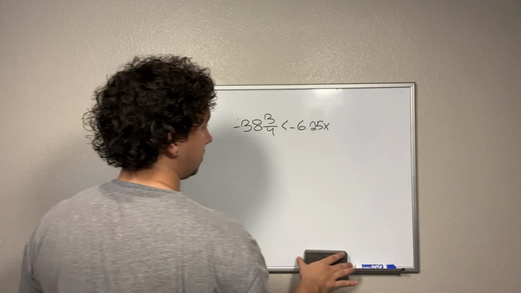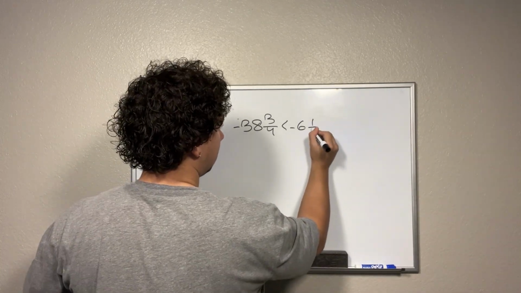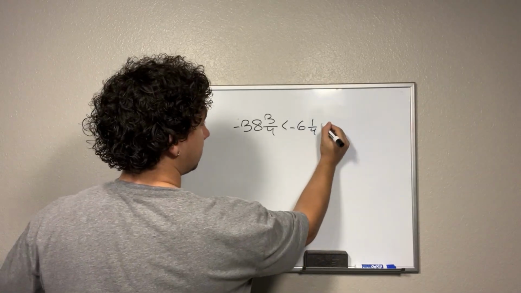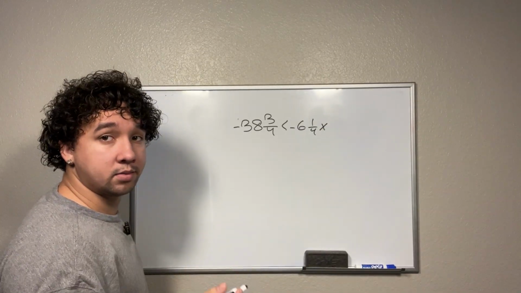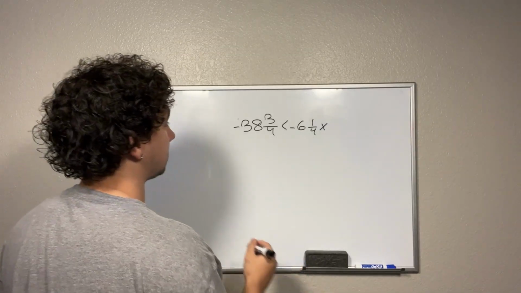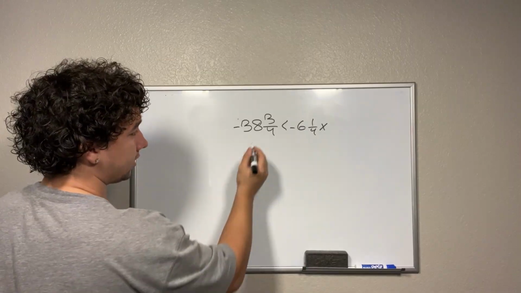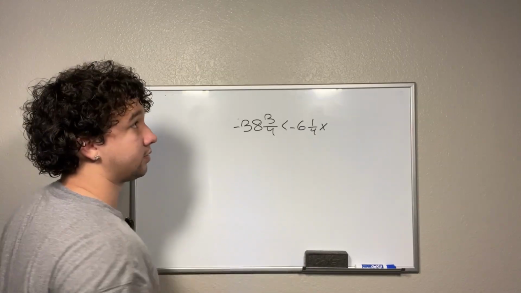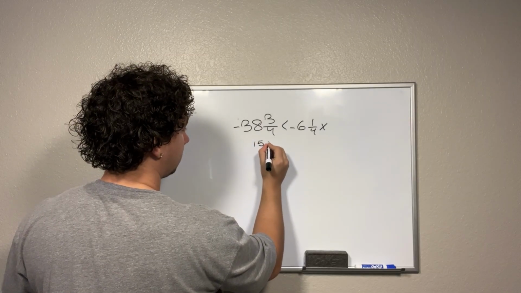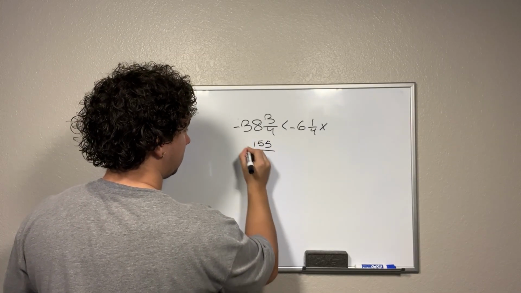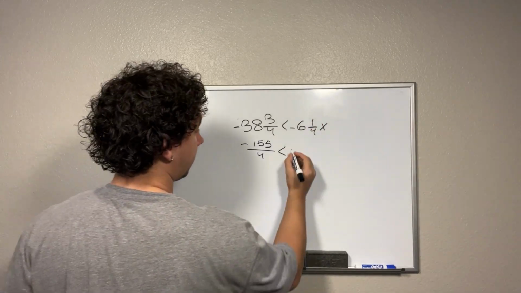So I'm going to change this to negative 6 1/4 x. Now, when I'm multiplying or dividing by a fraction, you need everything to be in improper fractions rather than mixed numbers. So I'm going to change everything here. 40 times 4 is 160, 2 times 4 is 8, so 38 times 4 is going to be 152, plus 3 is 155. 4 times 6 is 24, plus 1 is 25, so negative 25